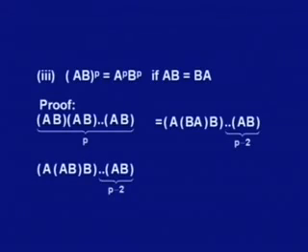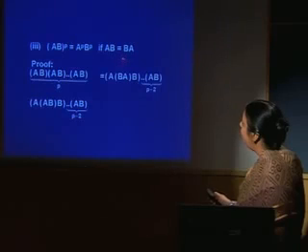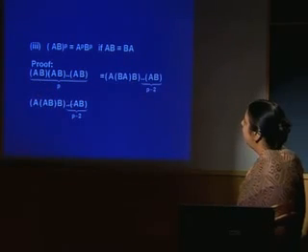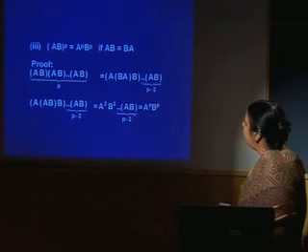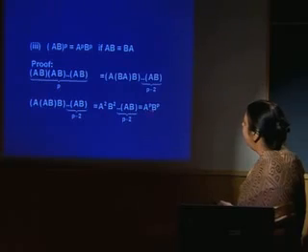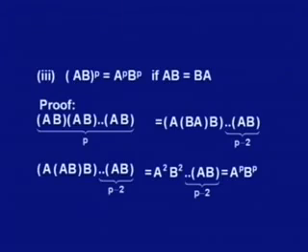Then, since matrix multiplication is commutative, that is what I have assumed here, I can write down this BA as AB, and this gives me the result as A square B square. So this is written as A square B square, and for the rest of the p minus 2 terms the same thing can be applied, and finally what we have is A^p multiplied by B^p.